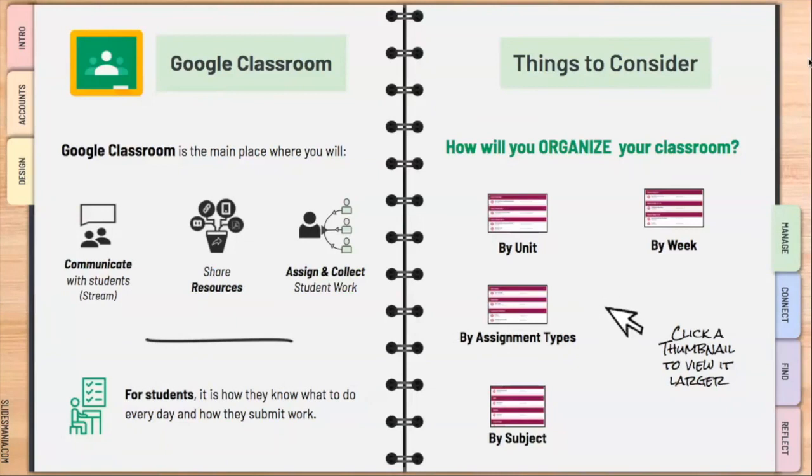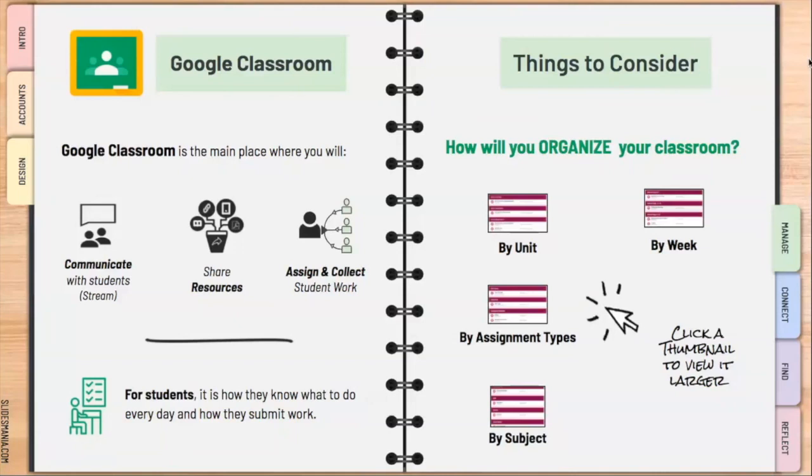Now that you know what you'll do in Google Classroom, it's important to consider how you will organize your Google Classroom. Topics are a great way to organize assignments and materials in an easy-to-find way. There are a few options for how you might choose to organize your classroom, and that varies based on your content area or the age of your students.